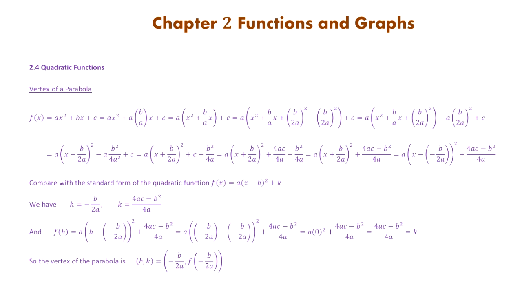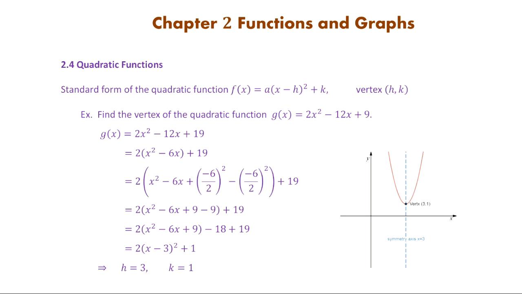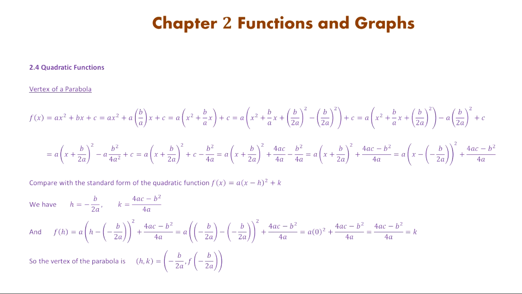If you look at the previous page, the standard form of the quadratic function is f of x equal to a times x minus h squared plus k. Okay. So that's why we need to put the minus in here. So then you can read the h and the k from the